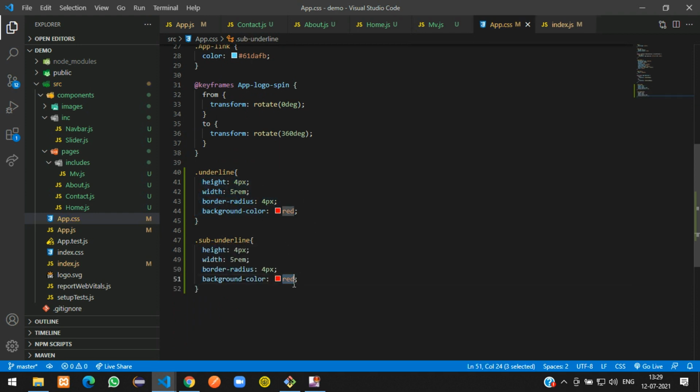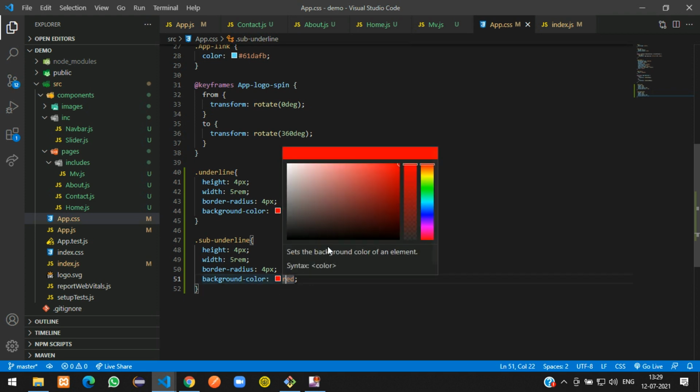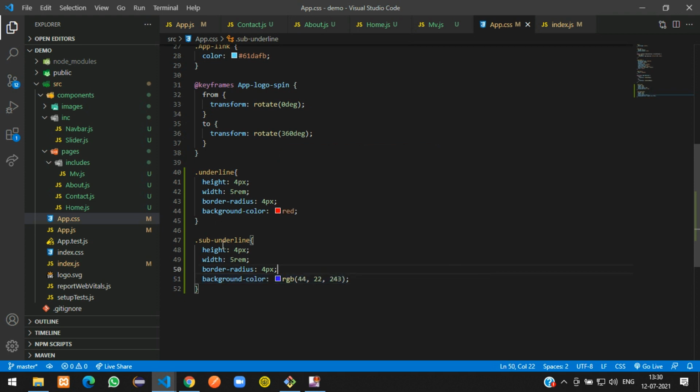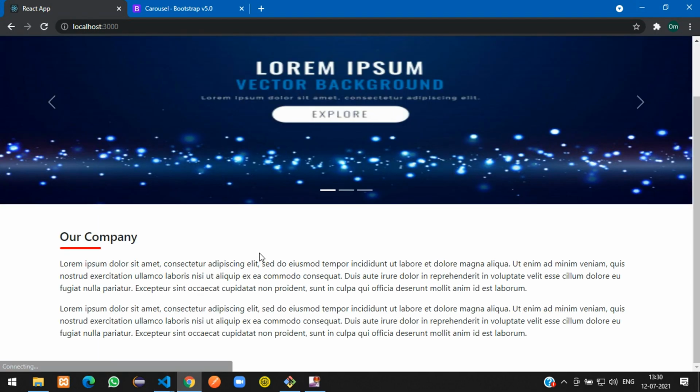So we'll keep blue color over here, take this thing, yeah, and the width is not going to be 5 rem. Let us keep it as 4. Let us check the output, refresh,